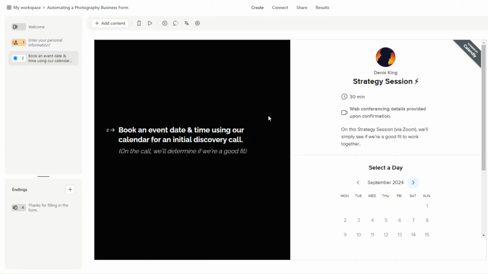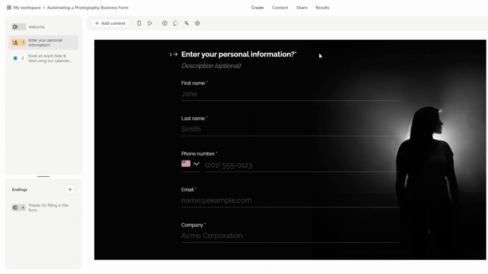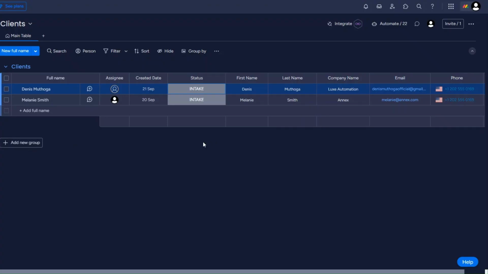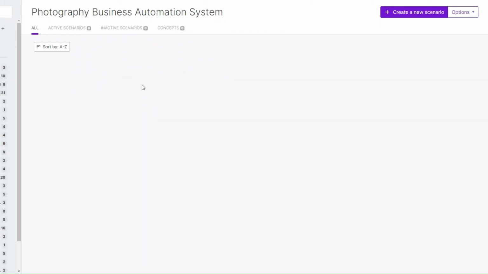We're also asking them to book an event using our calendar for an initial discovery call. Here's where they're going to pick a date on our calendar, for the date and time they will be available for the call. After they've filled in their form, we're going to add their details right here on Monday by setting up an